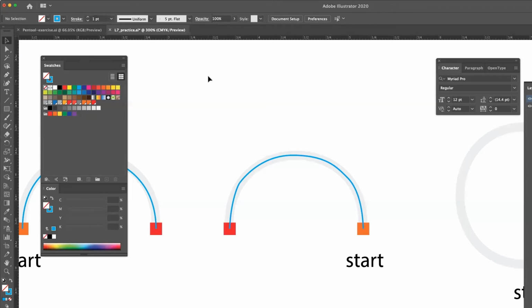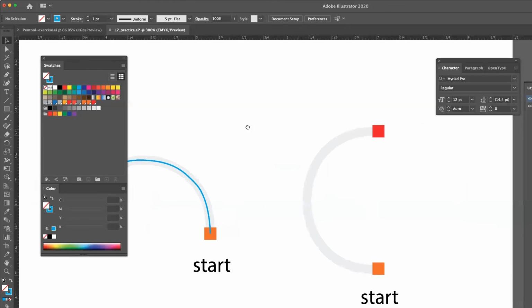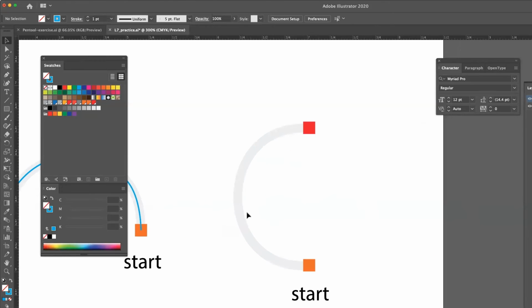So a lot of it just comes with practice, and then as you practice, you get intuitive about it. Now, what I do say to people, and these really simple ones, it's not a whole lot applicable, because obviously you can see that we can do these arcs in just 2 points as long as we're dragging our handles far enough. But when you get into more complex illustrations, like let's assume this is a cup handle for a mug or whatnot,